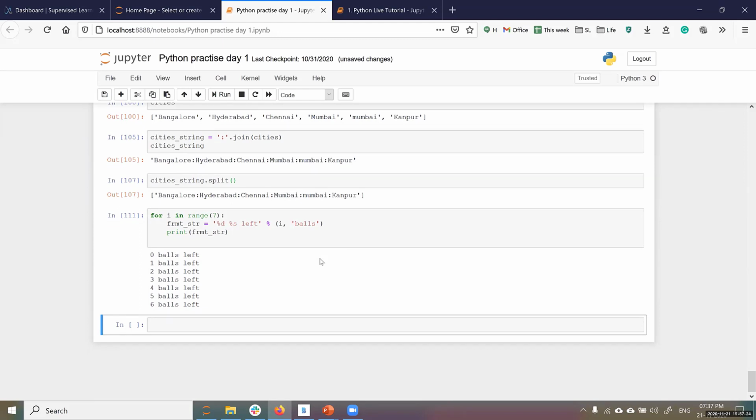Of course, it's starting from 0. 0 balls left, 1 ball left, 2 balls left, 3 balls left. So that's the use case of placeholders. More of basic Python. You don't come across all this when you build models, but when you deploy or try to show it off, these kinds of operations are useful.